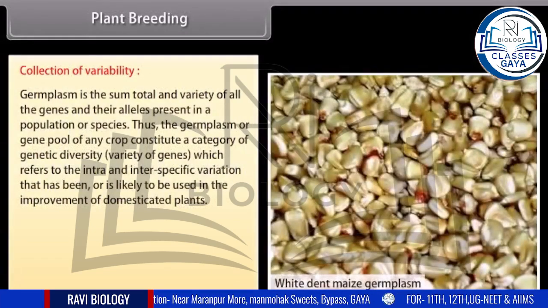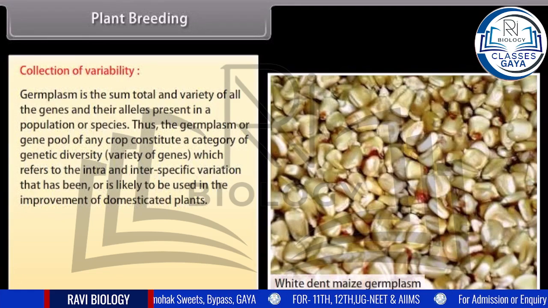Germplasm is the sum total and variety of all the genes and their alleles present in a population or species. Thus, the germplasm or gene pool of any crop constitutes a category of genetic diversity, that is, variety of genes, which refers to the intra- and interspecific variation that has been or is likely to be used in the improvement of